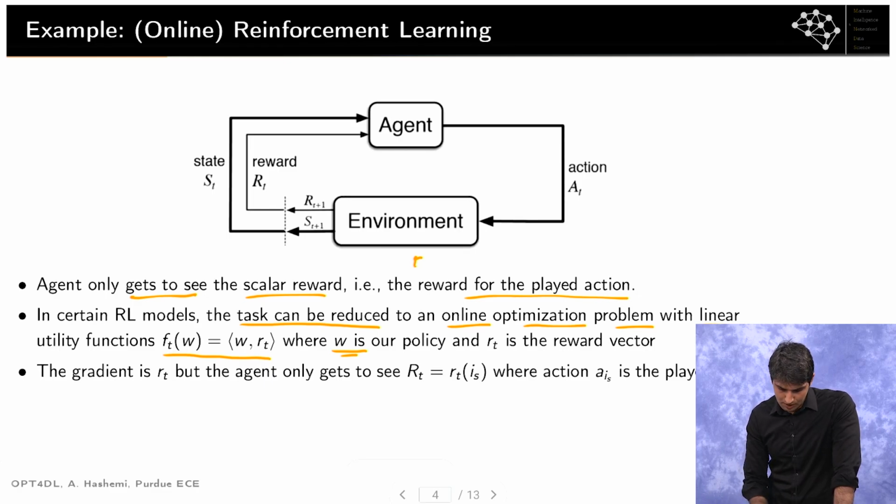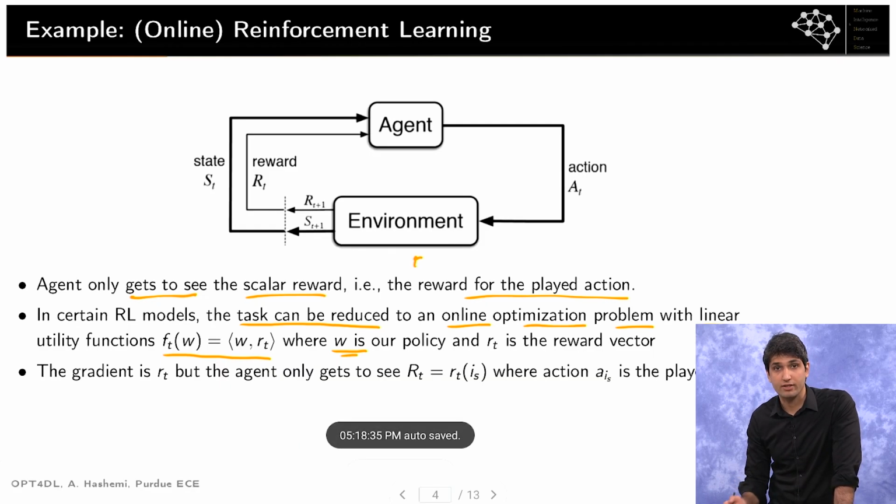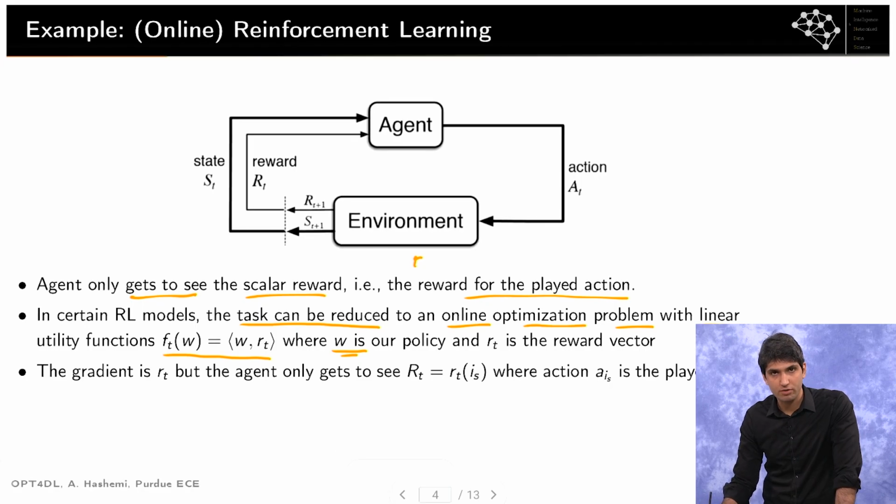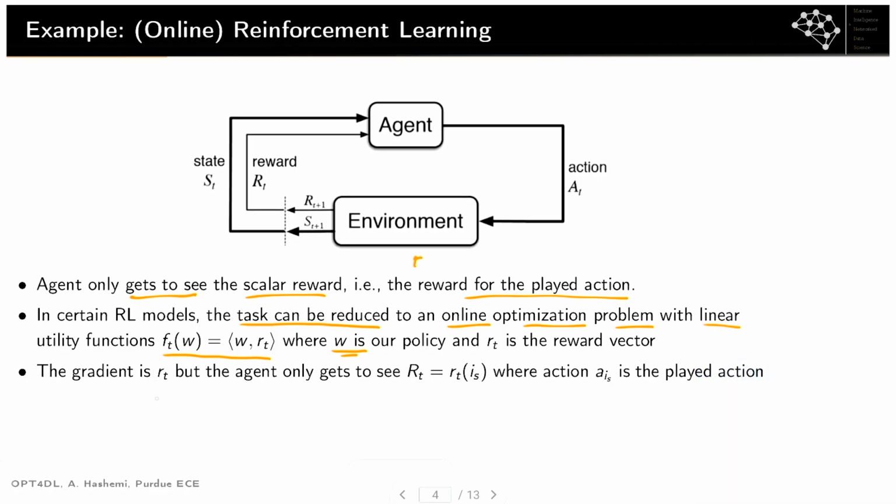Okay. Now, in this case, if we want to perform this optimization, one method is to use gradient descent. In this case, gradient ascent, because we want to maximize the reward. So we need a gradient. It's a linear function, so the gradient is nothing but r. If we knew the gradient, we could use something like gradient descent or stochastic gradient descent to